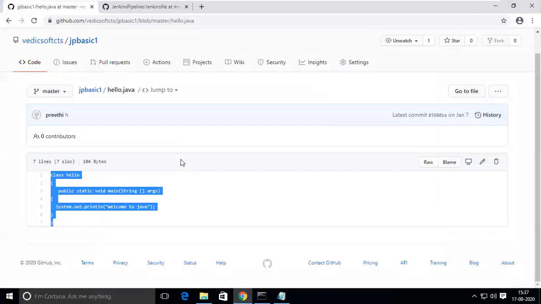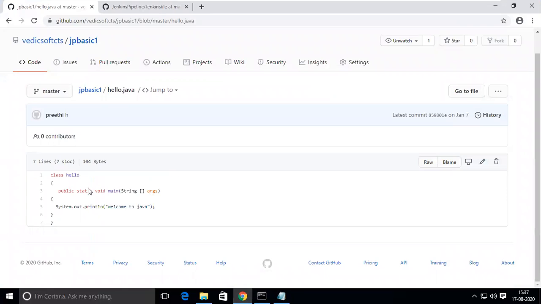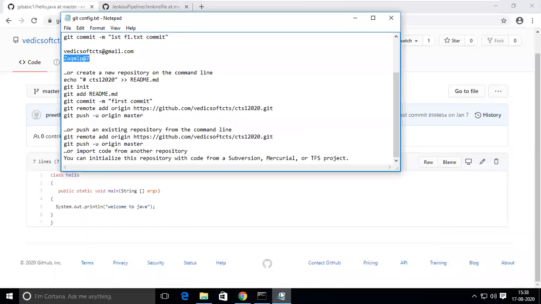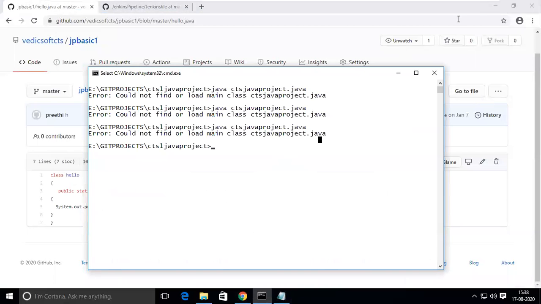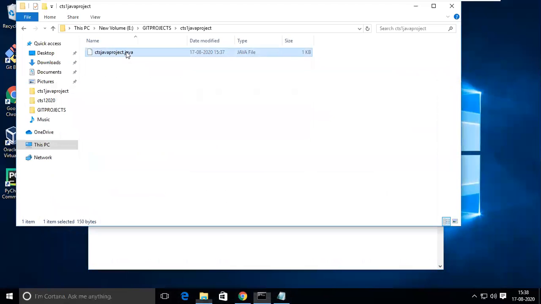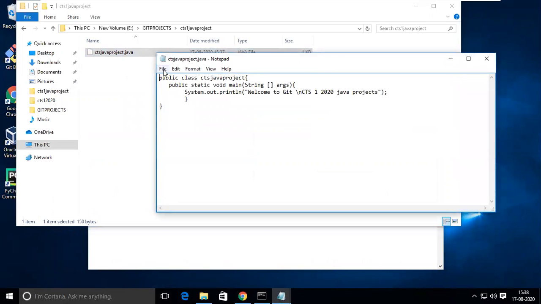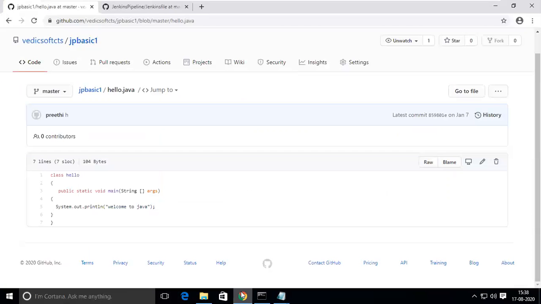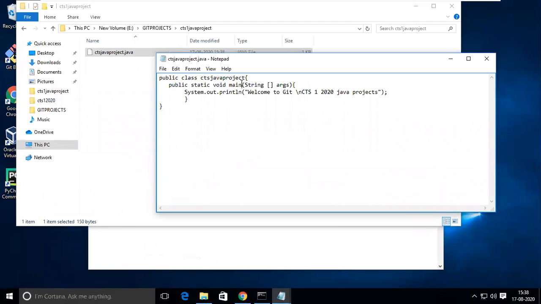I'll check it once again, my Java code. This is correct only. Hello.java, class Java, public static void main args, System.out. This is correct only for the static void.